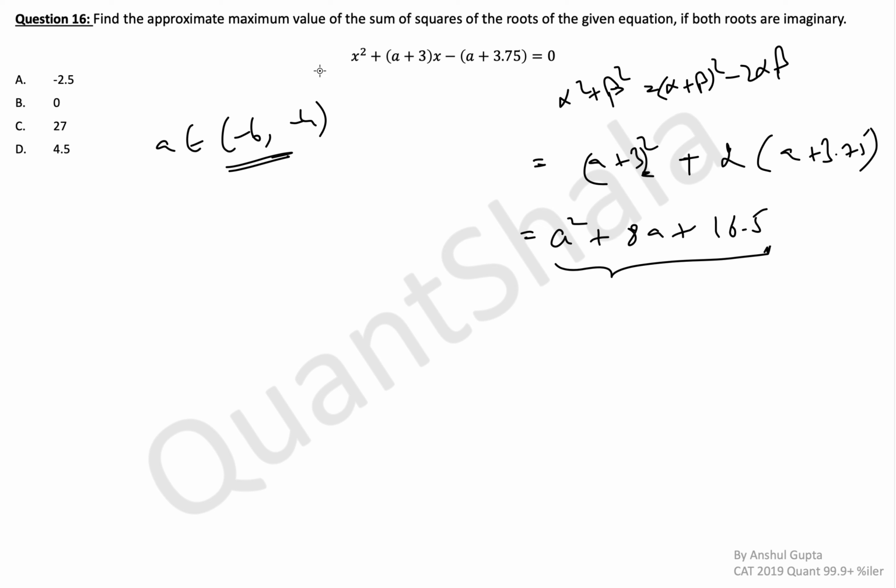This is the condition for the roots to be imaginary. Okay, so now let's try to find the maximum or minimum of this. If you know calculus, very good. If you don't, then you would have memorized some formula for where the minimum value of a quadratic equation is. So I think it's minus b by 2a. It will come out as minus 8 by 2, minus b by 2a meaning minus of this coefficient divided by twice of this coefficient. So minus of 8 by 2 is equal to minus 4. So the minimum of this comes at minus 4.